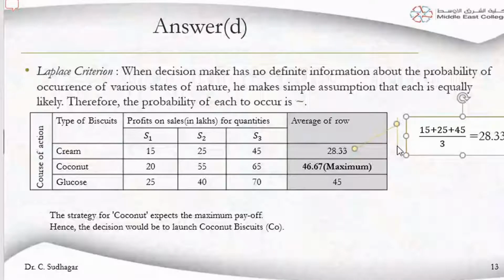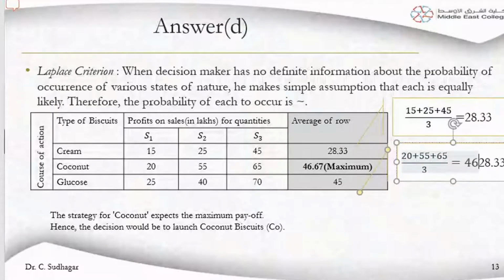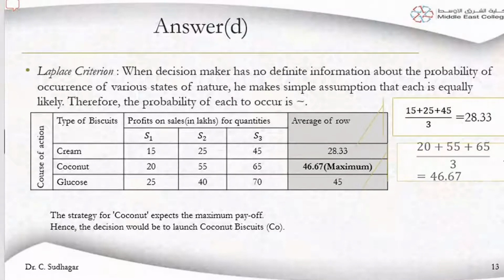So this is coming like 20 plus 55 plus 65 divided by 3. That is going to be equal to 46.7067, 666 like that it will go. So we cut down to two or three decimal values, whatever is required for us. That is the second part for us, and we will take the third one similarly.